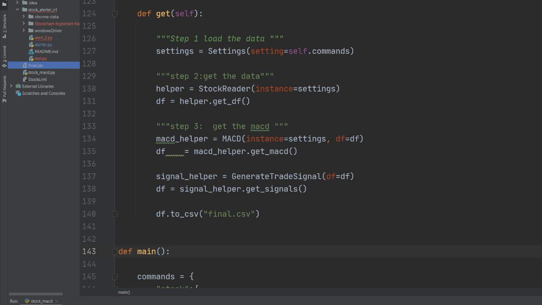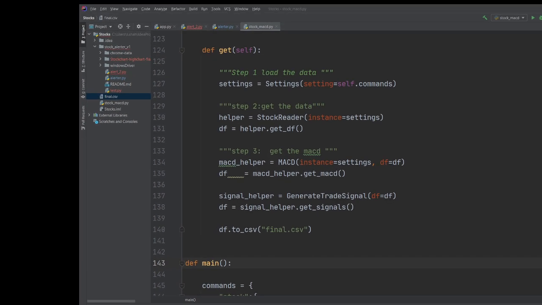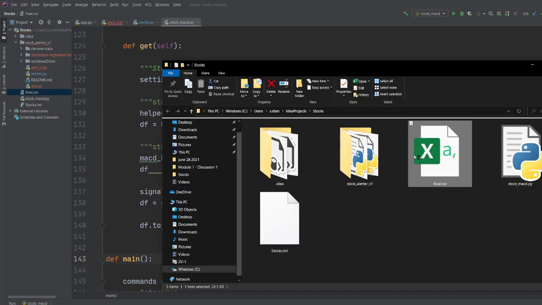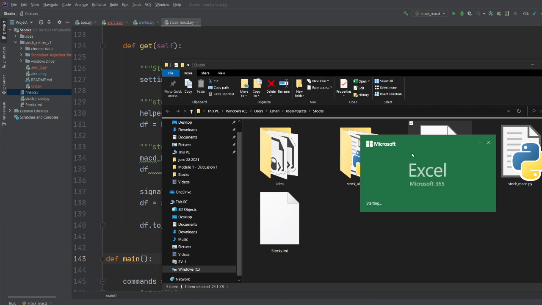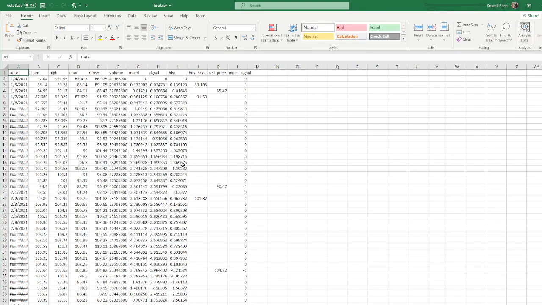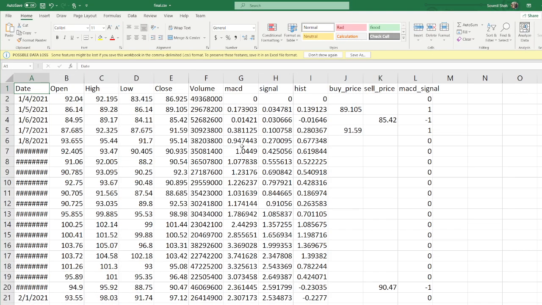But before the code, I would like to show you a small thing. So let me just open up my CSV. Remember, MACD is not completely 100% correct for the buy-ins. It does generate false signals sometimes. For example, so here is the report, right? So it said, hey, buy at 89, sell at 85. So that was a loss here.